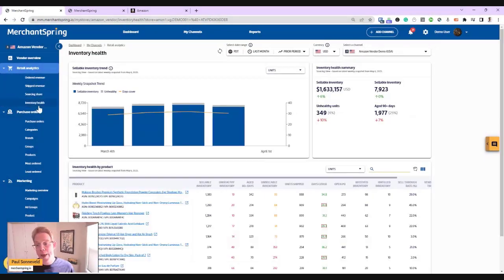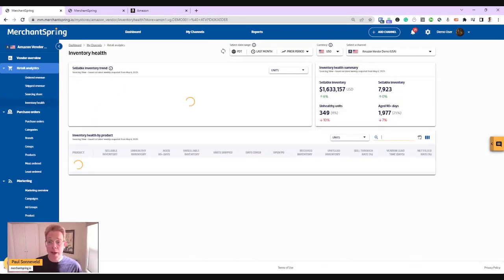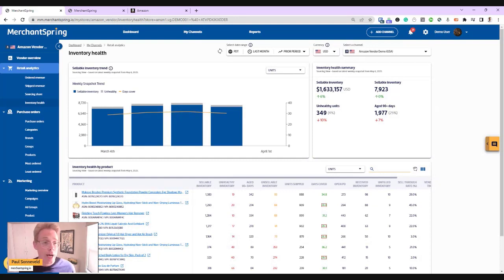Last but not least, we have inventory health. Now keep in mind that Amazon is not great at providing this data on a frequent basis. In many instances, the data is only provided using weekly snapshots and at least a couple of days after the fact, which is unfortunate. It's the same inside retail analytics though, so you're seeing the same data there as you see here. It does provide you with a good understanding of what is the inventory that Amazon's holding right now for each product, and are there any particular issues with that inventory?